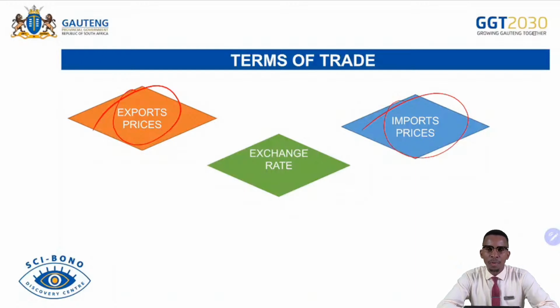And then we'll also move to the calculations of the terms of trade. The table will be shown, with calculations we've done to show you how to easily calculate. Normally, it's worth 4 marks to calculate terms of trade, so it is very important for you to ensure that you are able to calculate terms of trade and show